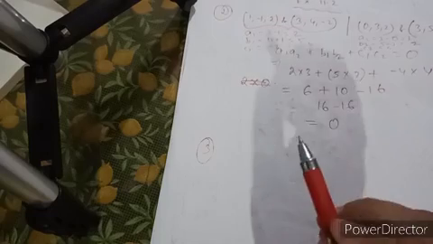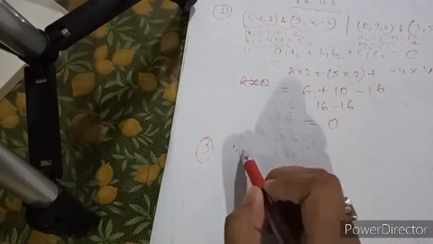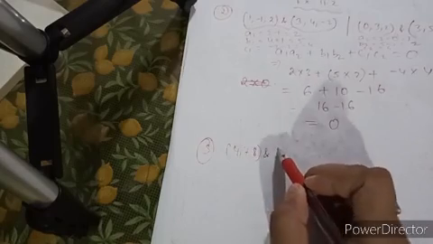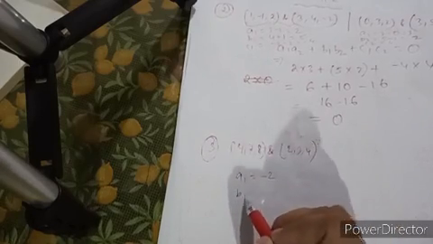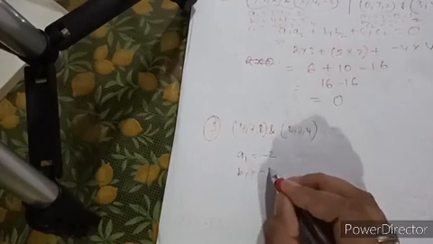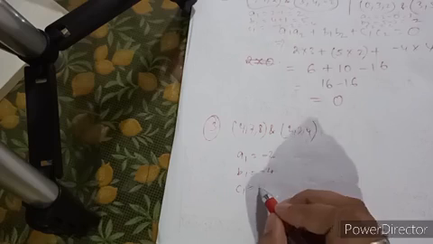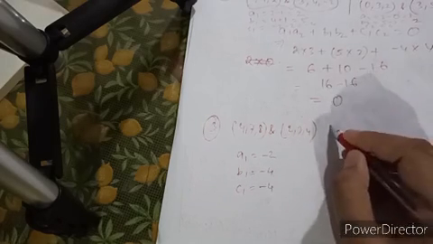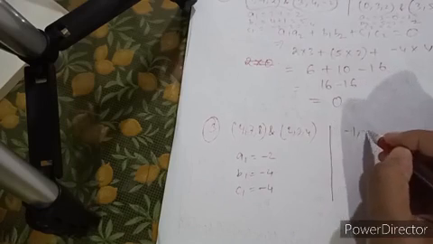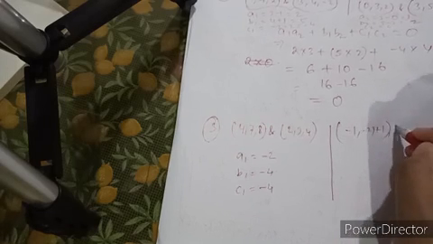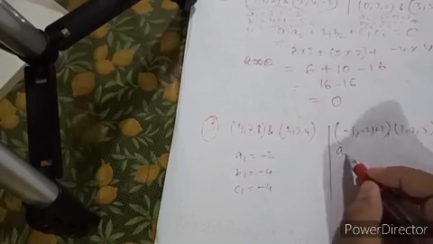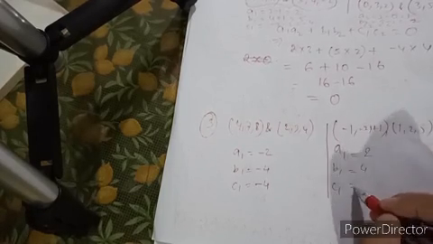Okay. Next, question number 3. What is given? Now again a line is passing through this coordinate and 2, 3, 4. So here A1 value will be minus 2, B1 will be minus 4 and C1 will be minus 4. Similarly, for the second pair of points, minus 2, minus 1, minus 1, plus 1, and the second is 1, 2, 5. So your A2 value will be 2, B2 will be 4 and C2 will be 4. So now you have to prove these lines are parallel.